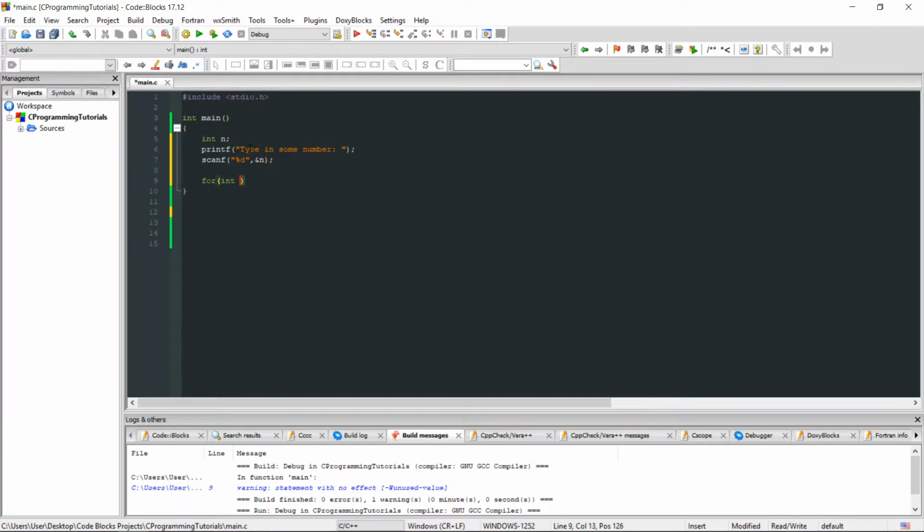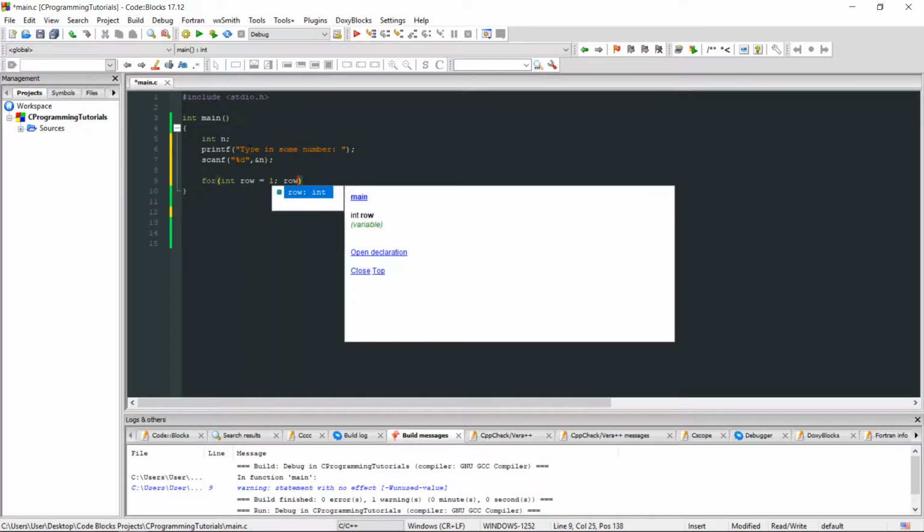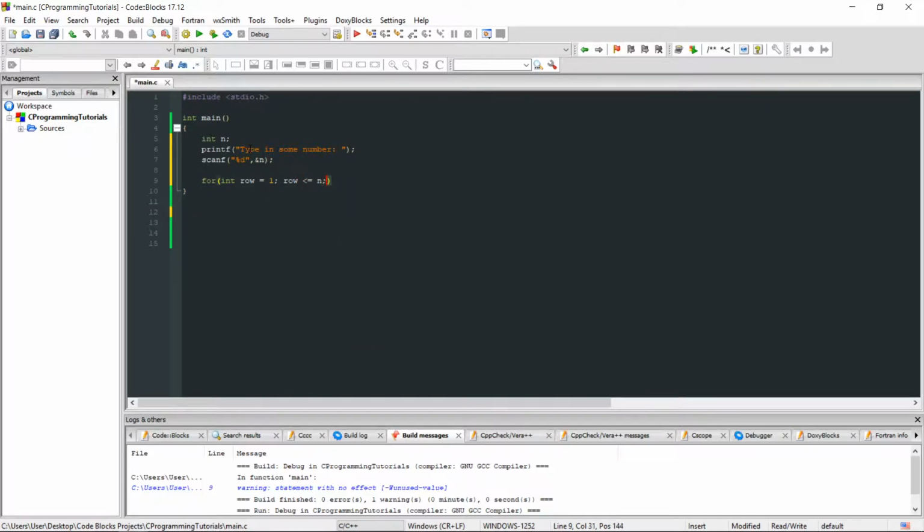So int row, I'll set it to 1, and it needs to go all the way until row is smaller or equal to n, because in that way I will have n rows. If the user types in 4, we're gonna get from 1, then 2, then 3, and then 4, and then the program will exit this for loop when the row is incremented to 5. This condition here will not be true and the program will exit this for loop, and here row plus plus,